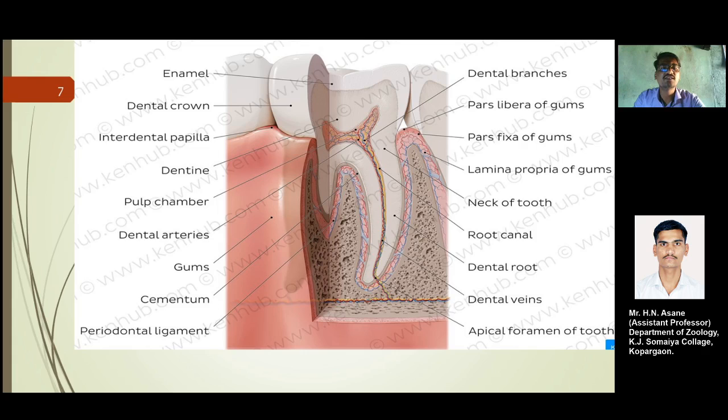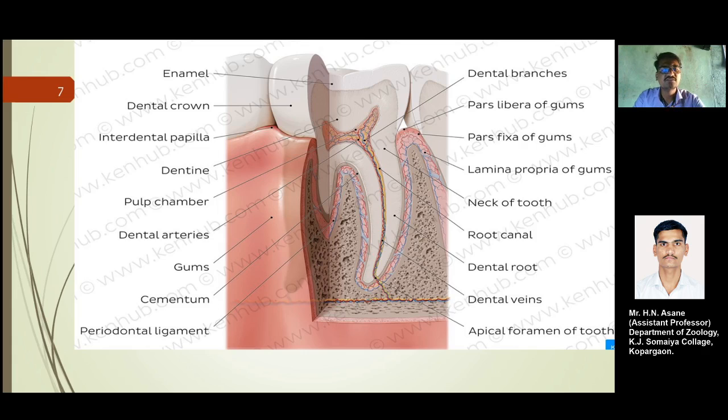enamel. There will be the dental crown, that particular part is covered by this enamel. Enamel is a substance, an advanced calcium-like substance, that protects your tooth from sensitivity. It is the hard covering on that tooth, and performs well in the mechanical aspects. So the dental crown, you can see the dental branches that are nothing but the